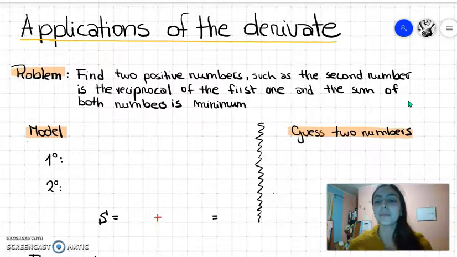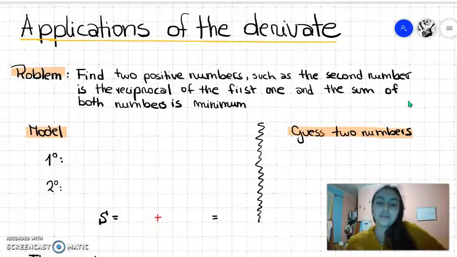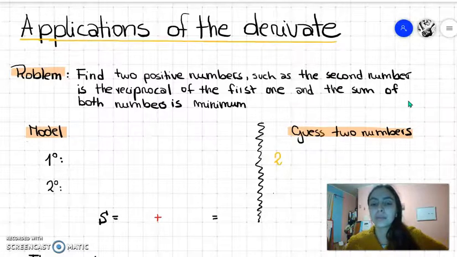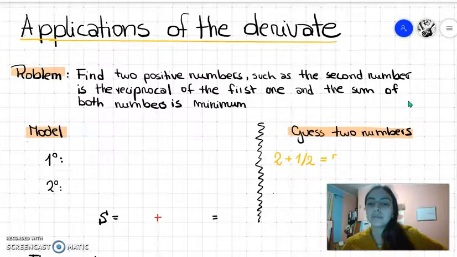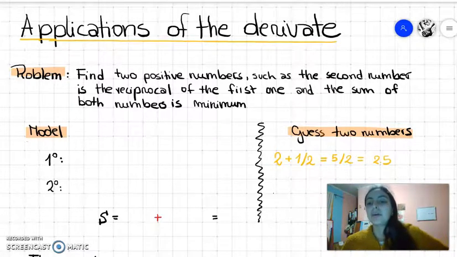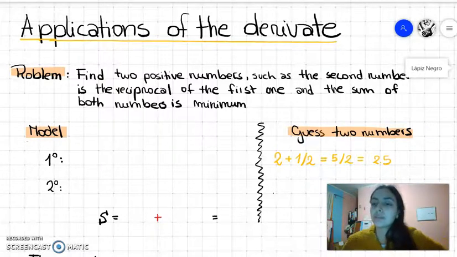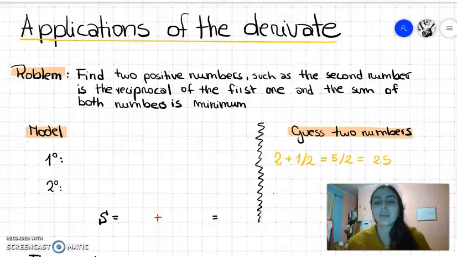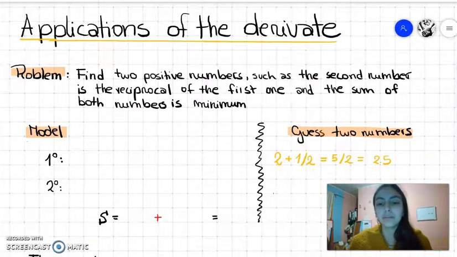Well, that's a way we can. On one hand, we will have to guess the two numbers. So we're going to start with the number 2, that is positive and its reciprocal is a half. And if we add them, we'll have 5 halves or 2.5. Well, that's a way, and we can see there is 2.5, that's the sum of the two numbers. But what if